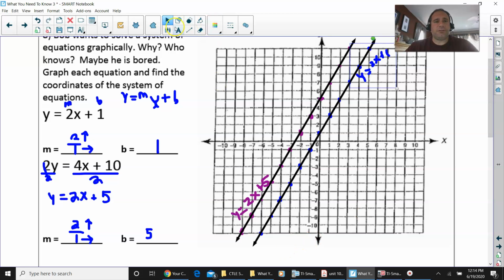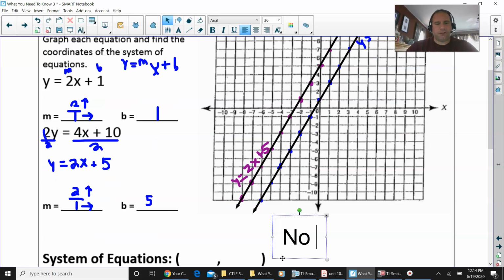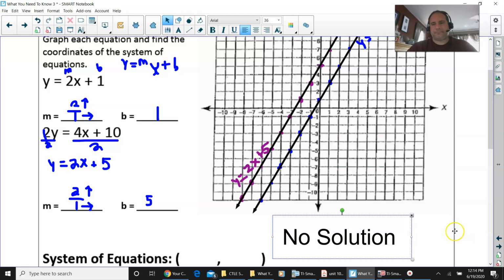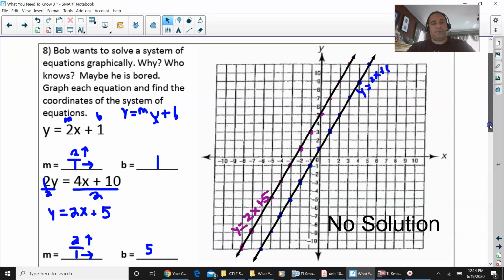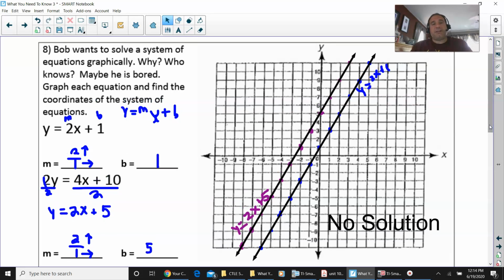There is no solution, so just put no solution. No solution because, again, they don't meet, they don't intersect at all. There is no solution. And can you remember in class when we were talking about no solution equations, what do